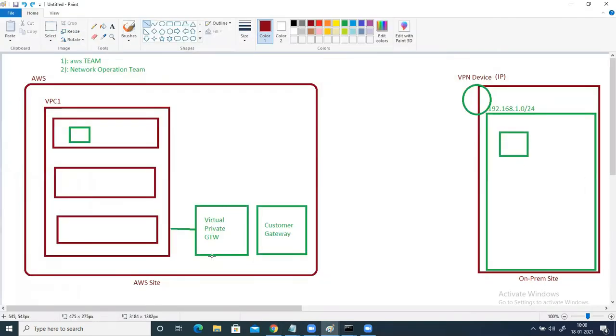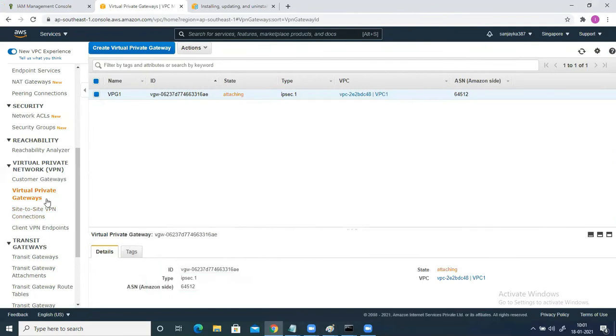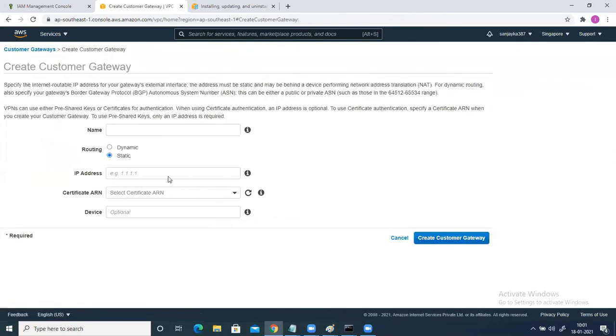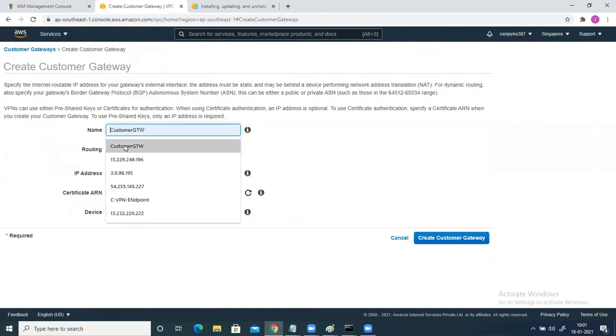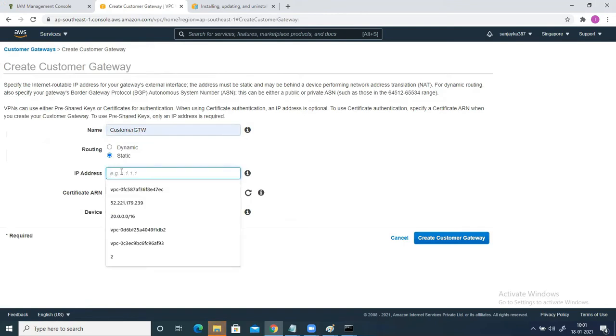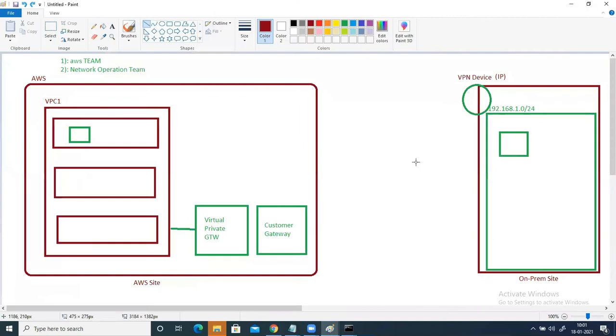Now I need to create a customer gateway. To create it, you come here, click on customer gateway, create customer gateway. Let's say the name is customer gateway here, and then the IP address of the customer gateway. As I told you, the IP address will be the IP address of this VPN device. Who will give you this IP address? Your network operation team is going to give you this IP address for the configuration.